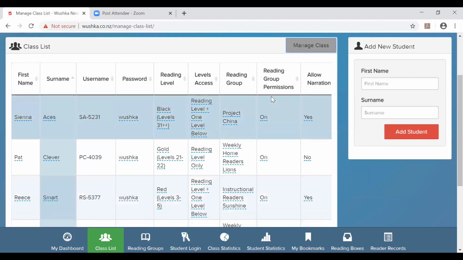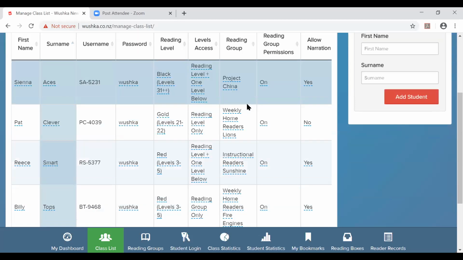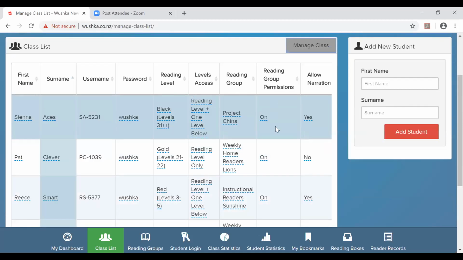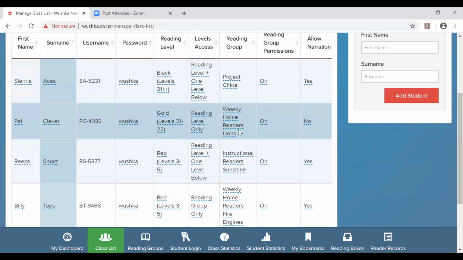Now the next 2 columns are reading group and reading group permissions. So these are optional in Wushka, but there are good reasons why you might want to use reading group and reading group permissions. So for instance, Pat here is reading at gold level, and now he is ready to progress into silver readers.